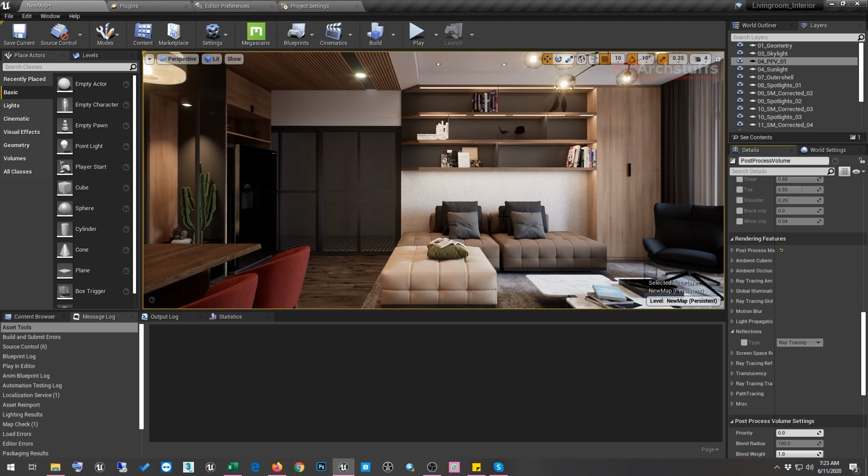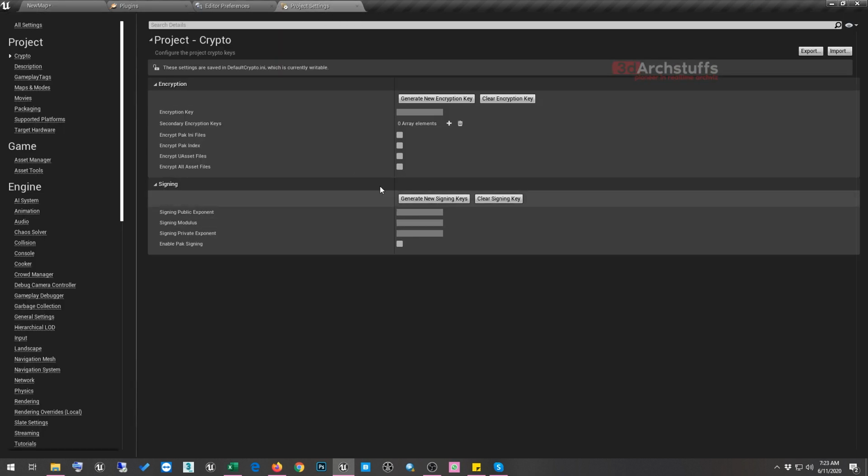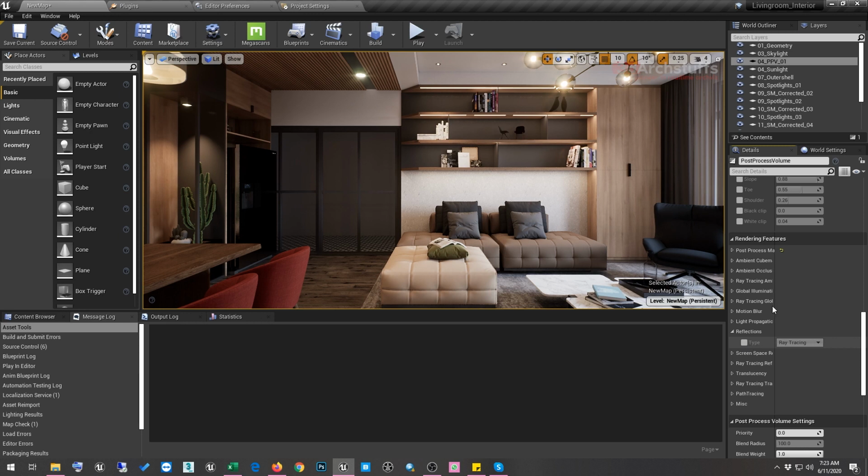The moment you enable ray tracing on an Unreal Engine project, it will by default start using ray trace reflection. So you don't have to do anything about using it. The moment you switch on ray tracing in project settings and put a post process volume, it will by default start using ray traced reflections.